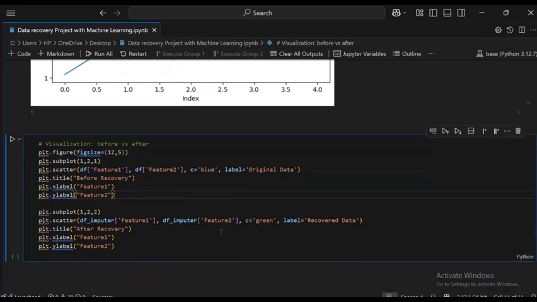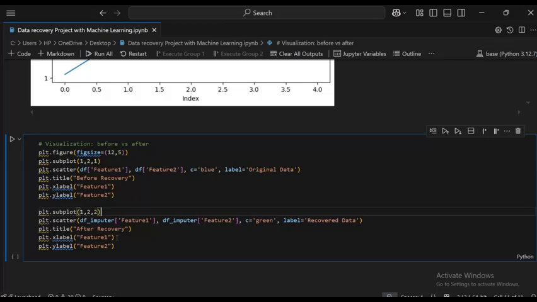Now this coding is after recovering. So I use the second one, plt dot subplot 1 comma 2 comma 2, where 1 into 2 is a grid, and 2 shows the second subplot.